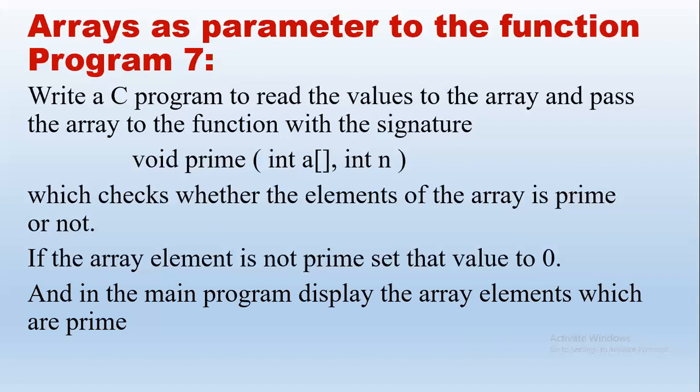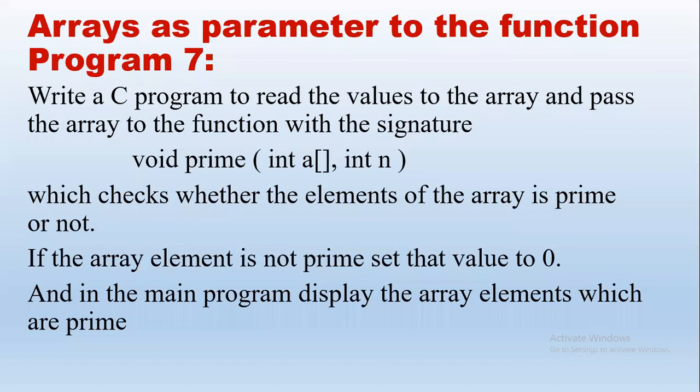Here we know that all non-prime numbers are changed to 0. So if we have to display prime, we have to see which of the array elements is not equal to 0. We will print only those numbers, right? So let us see how to execute this. The problem statement is about prime numbers, using the concept of passing an array as parameter to a function. So this problem 7 is to find if the array elements are prime numbers or not. We will check each and every array element one by one. Say a of 0, is it prime?